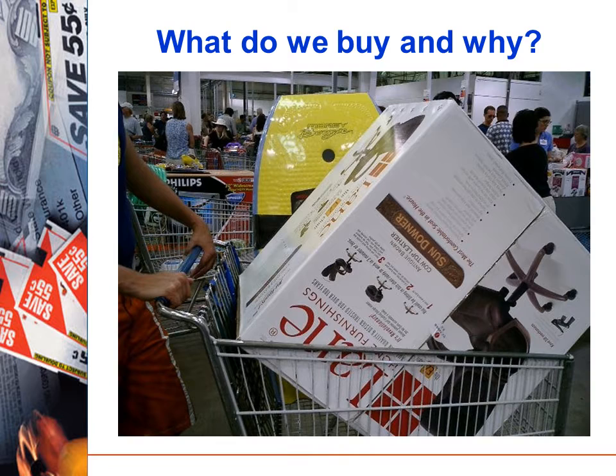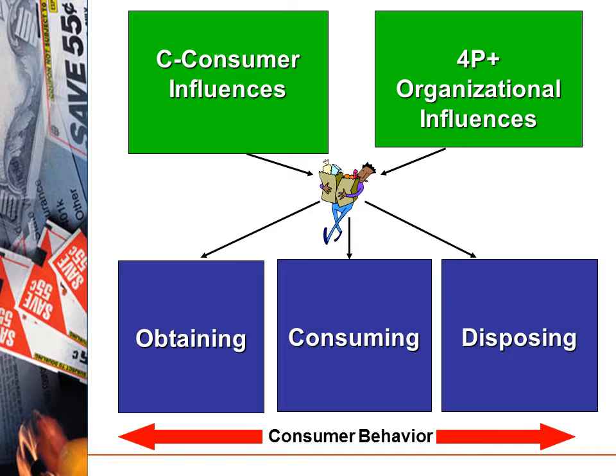We have some influences, factors in our decision to buy. For instance, if we look at the slide in front of us, we can see the influences: consumer influences and organizational influences. Then, after combining both, it guides the consumer to obtaining, then to the actual consuming, and then to disposing, or getting rid of the redundant stuff in our home or in our purchases. Let us take a brief look, and then we will explain in detail